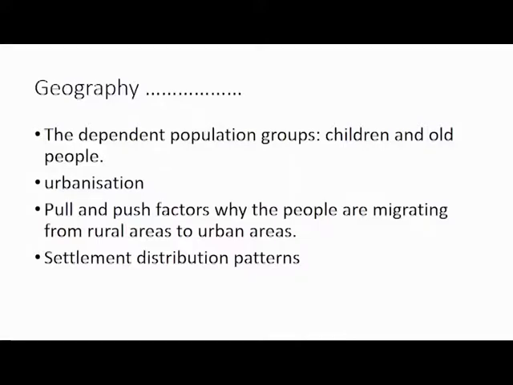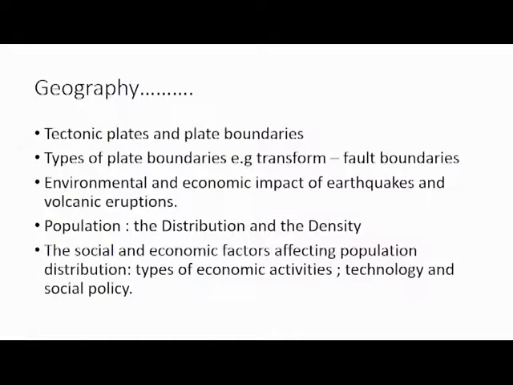Urbanization, we look at the pull and push factors, why people are migrating or moving from rural areas to urban areas. Settlement distribution patterns, look at plate tectonics and plate boundaries, types of plate boundaries, for example, transform or fault boundaries, and environmental and economic impact of earthquake and volcanic eruptions, population in terms of the distribution and the density,